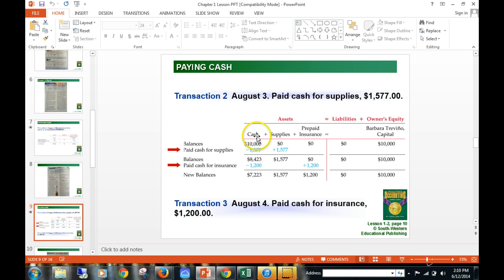We have a cash account. We have a supplies account. And we also have a prepaid insurance account, which we're going to talk about in the next transaction. Prepaid insurance is insurance for your business. If your business were to get flooded or if it burnt down, your insurance can cover the expenses of the assets that you lost. Okay? So if you lost all those chairs and all of your supplies and all of your desks in a fire,